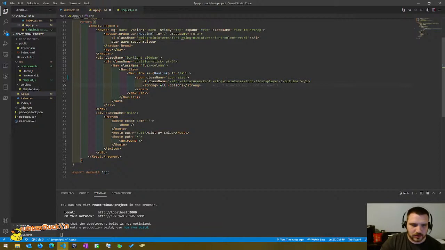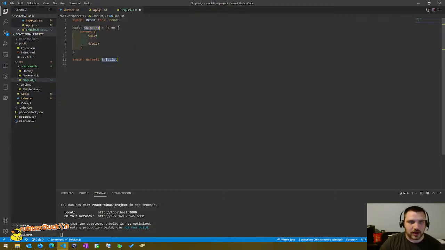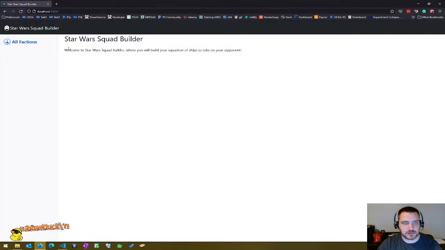Right now, our route, if we go to the /all, is just listing the words list of ships. What we're going to do is put our new component in this little area. But we have to do some setting up for our component. Again, this is going to be another sidebar like this one. Based on which ship we click on, it's going to go to a different path. And so we're going to need the React router again,